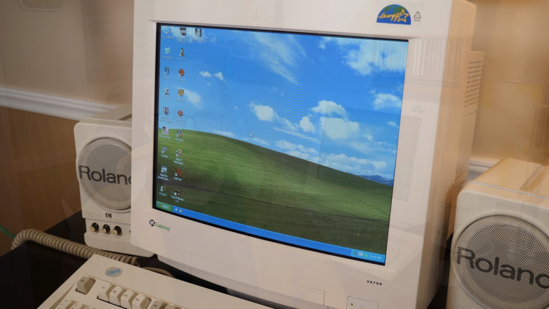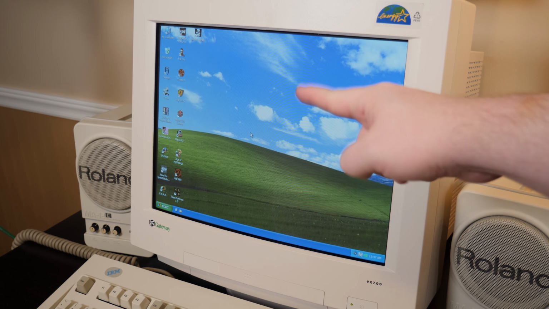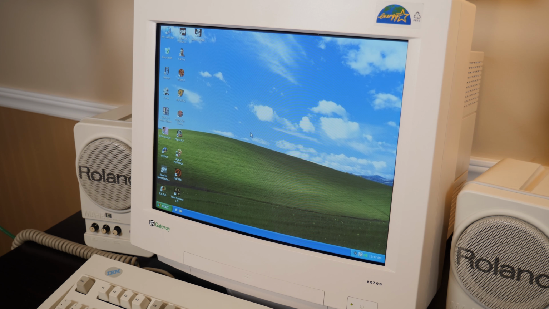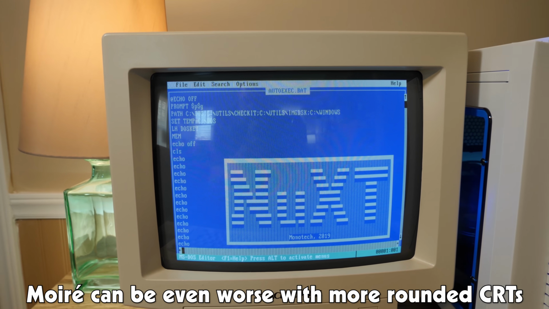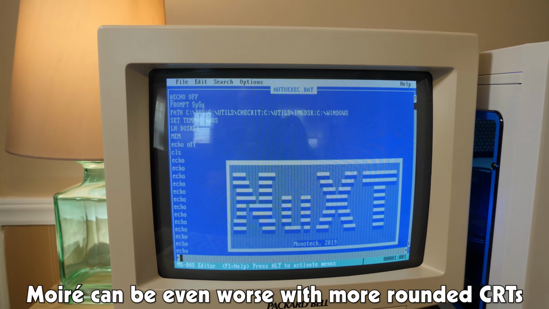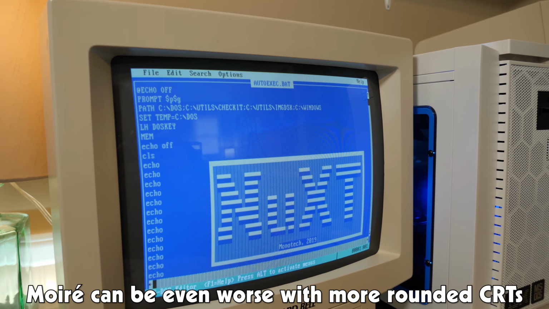So the next big area of concern, and perhaps an even bigger one than refresh rate, at least for me, is the moire pattern problem, or moire. I'm gonna say moire because it sounds less silly. But anyway, moire. It's like an overlaying pattern that's conflicting with the camera sensor, and it's caused by a couple of different things, usually the aperture grill or the shadow mask. There's this pattern that overlays on top of the image and looks terrible. And if it's ingrained in your footage, you're pretty much just stuck with it.